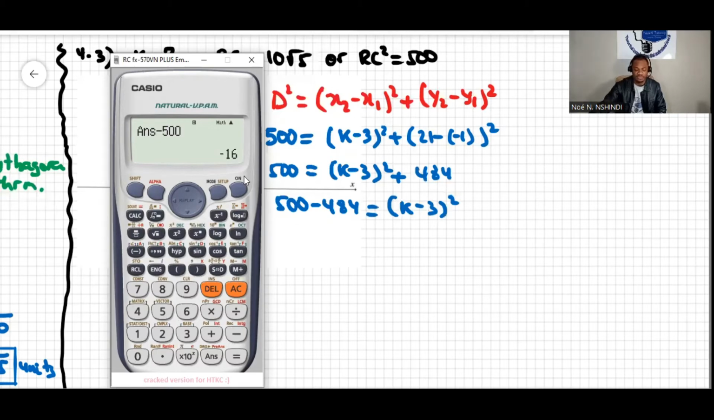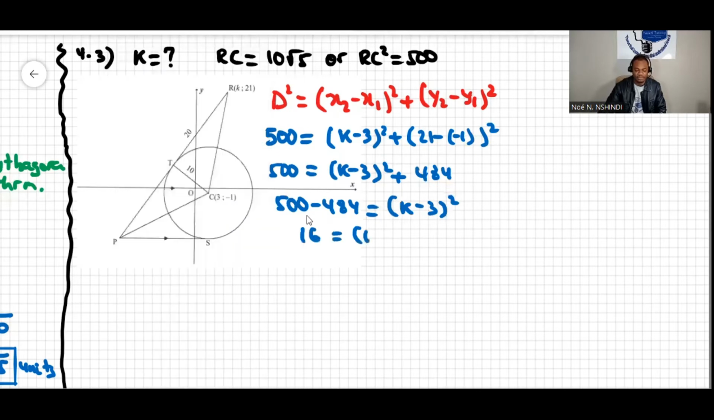I just use what I had there, that's why I have negative, but if you do 500 minus 484, it's going to be positive 16. And then we have 16 here equal to k minus 3 to the power of 2. Then what I can do is square root both sides of the equation. I square root here, I square root there, and then this will be plus minus 4,